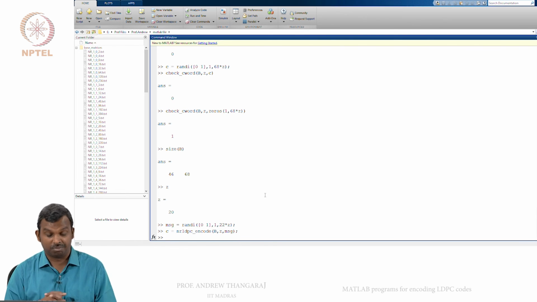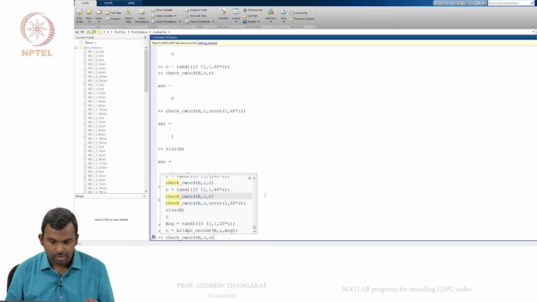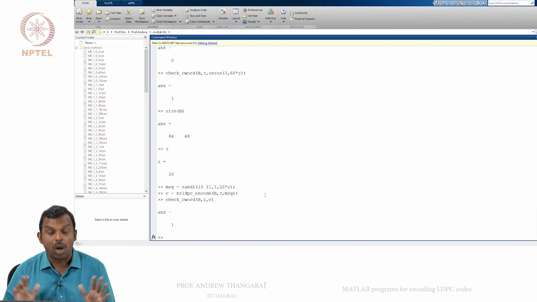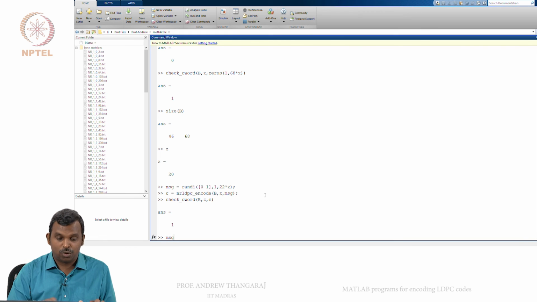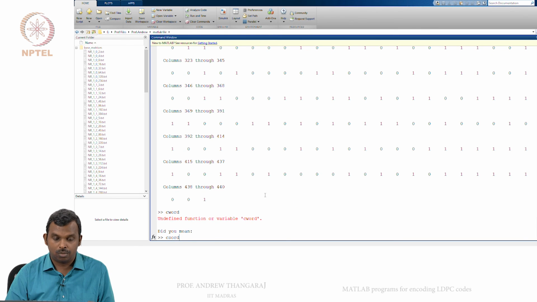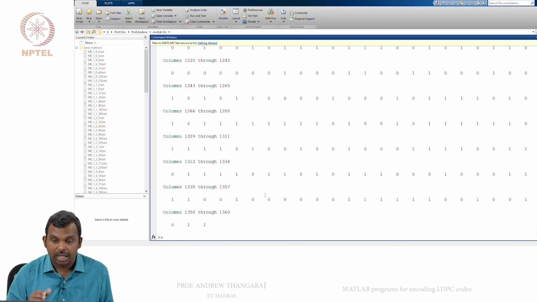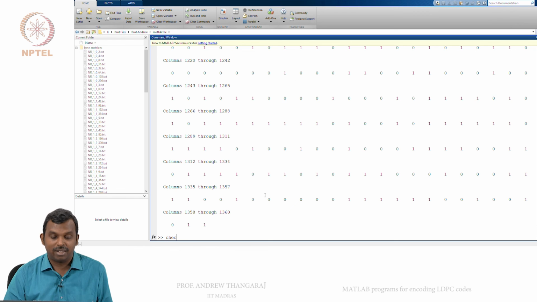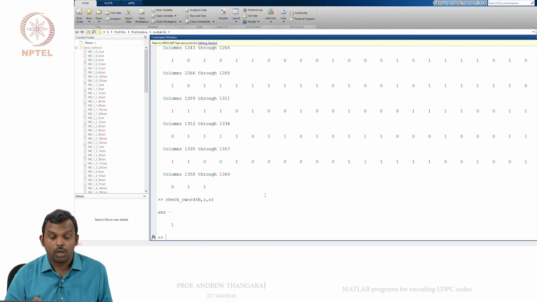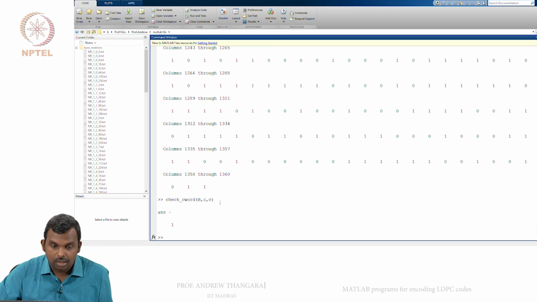Wow, there's no error. Okay, at least no runtime error. So let's just check whether it's a code word or not. Right, so it's 1. It says it's a valid code word. So the message was random. If you look at the message, it had a lot of zeros and ones, and the code word became a lot of zeros and ones, and when I did check code word, I got 1. Which means the encoding happened and you got the correct